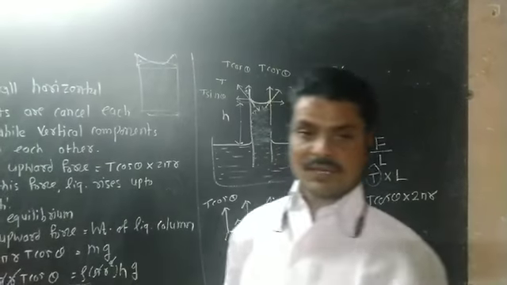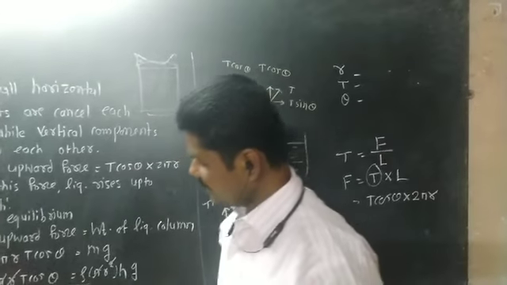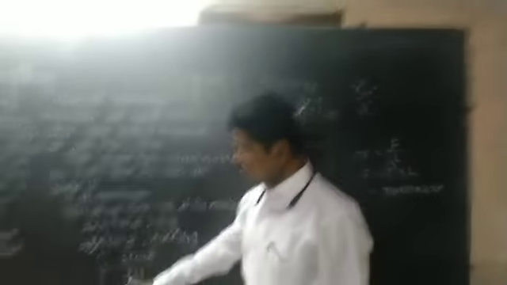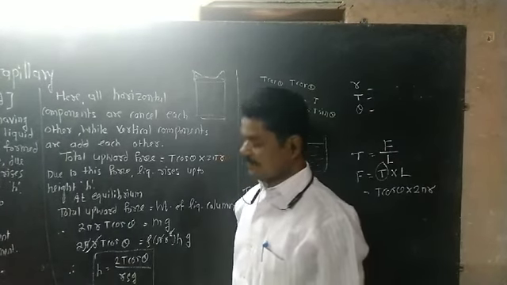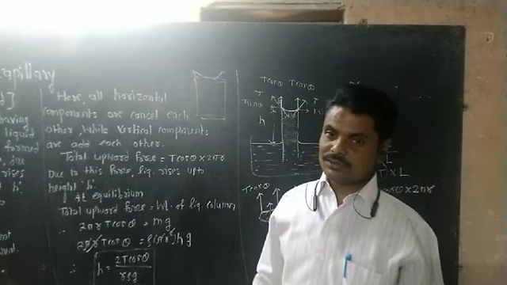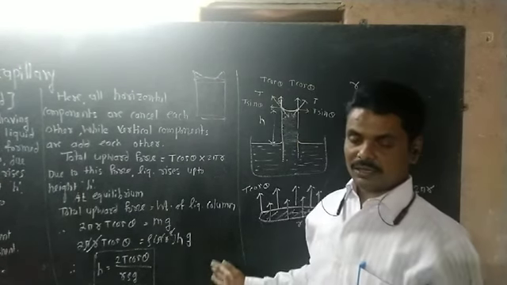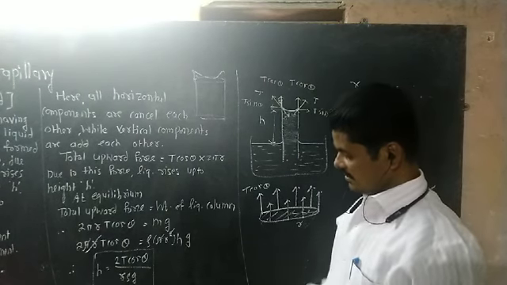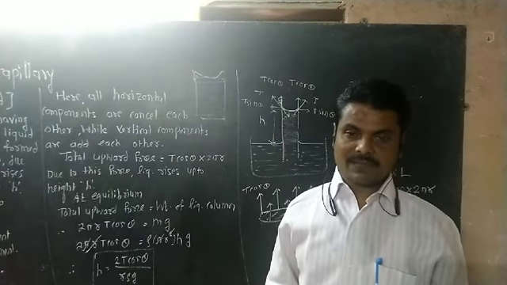This is the explanation of capillary rise, and from this explanation you have to be clear on which factors the height of the liquid column depends. It depends on surface tension, angle of contact, radius of capillary tube, density of liquid, and acceleration due to gravity. So many MCQs are based on this expression, and most of them are based on the relation between height and radius of capillary.